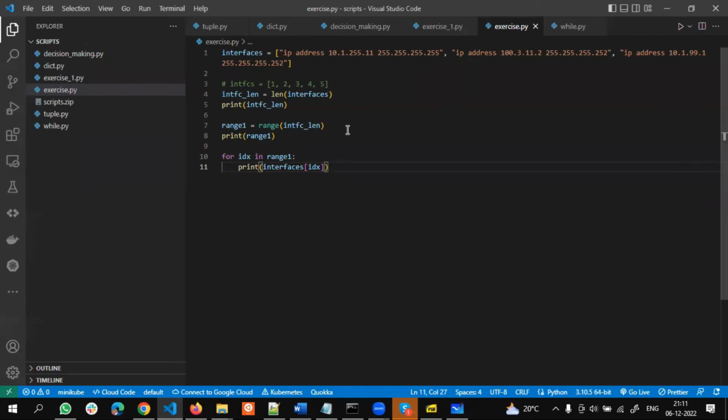Now there's a simpler way, without finding its length, without creating a range, without doing all of this. Let's comment this out. But there will be some situations where you have to use this index-based access, where you have to create a range and then use it. That's why I've shown you both ways. Now another simpler way: I know that there's a list of interfaces, so I'll simply say for something